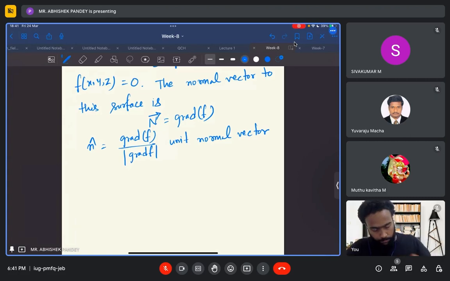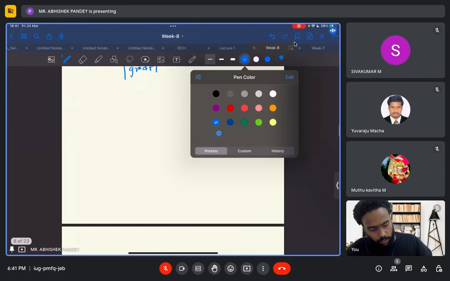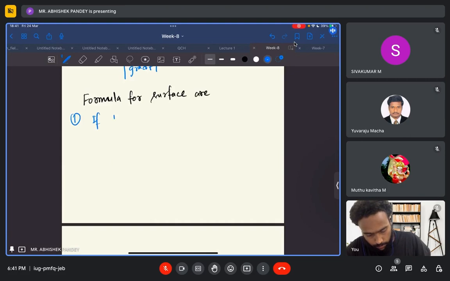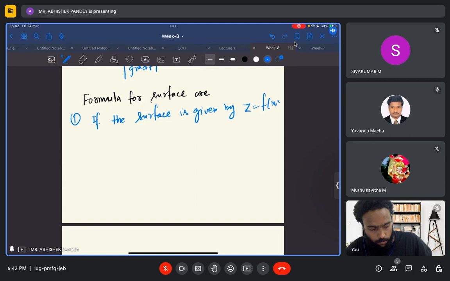Okay, so I will write down some formulas. Formulas for surface area. First thing is, suppose the surface is given by z equals f of x comma y, then in this case surface area is